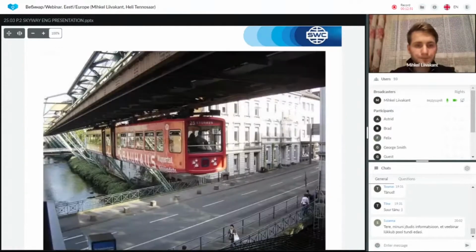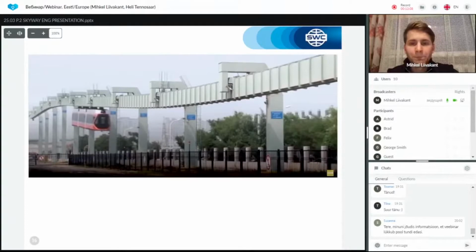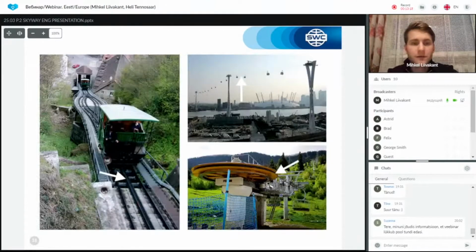Yes, one picture of subway. This one can be seen in Berlin, in Germany. Also, the supports have to be after each 15, 20, 25 meters. And this one is like a tramway in China, just upside down. But if you think about the technology itself, then it's tramway. But now this slide also is very interesting because,